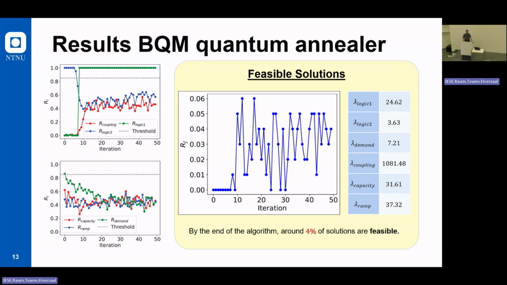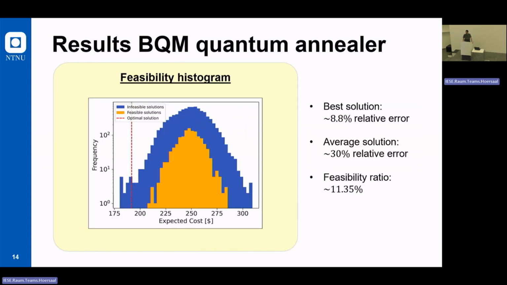And once we have them, then we can do a final run, trying to find more solutions and see the feasibility histogram of these solutions. So that's what we have here. With the multipliers that we had before, we run these on the simulated annealer, and we get, I think, 10,000 solutions. And among those 10,000, we see that 11% of them are feasible, which is fairly good, because it could be that it was difficult to reach this 11%.